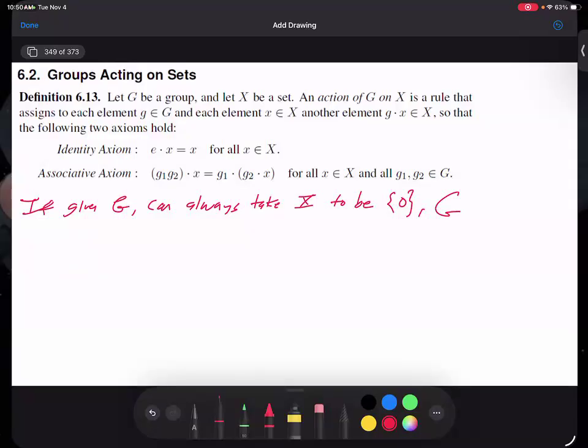Frequently, there will be more than one choice of X that works. And this is where things get hard. When I want to analyze things, I have to figure out what is the right X to look at. I know, of course, everybody has already finished reading chapter 6, so I apologize for talking about things that I know you have already read and